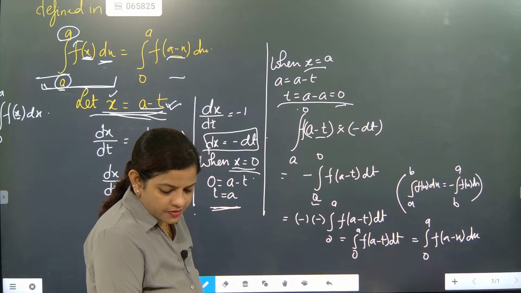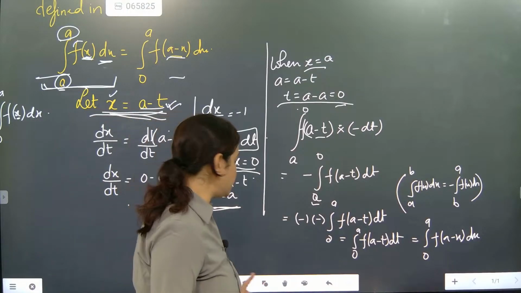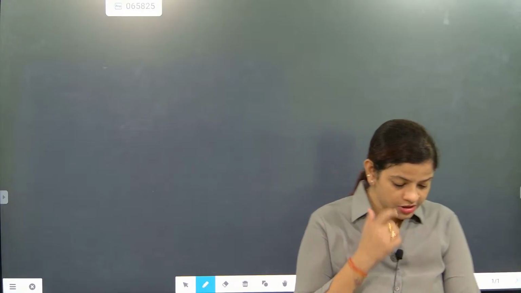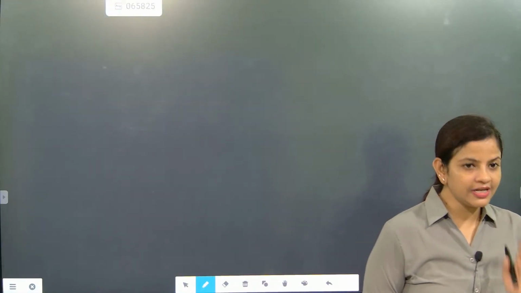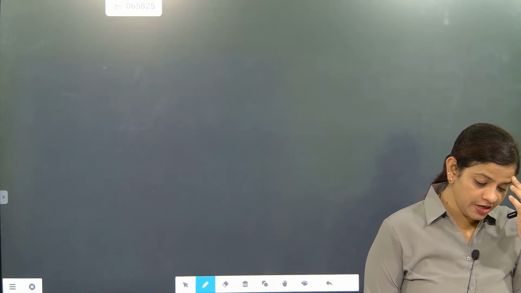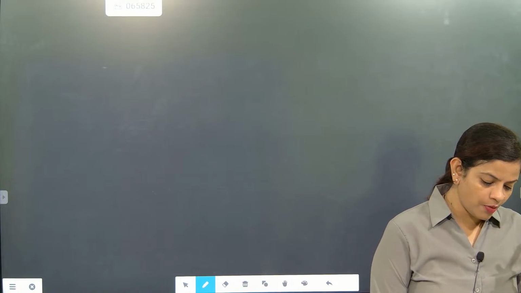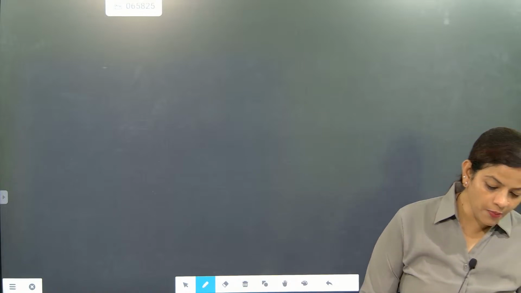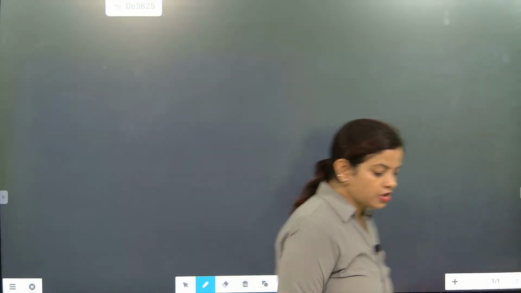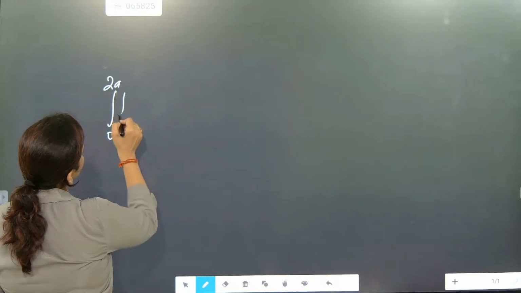I hope it is done. Come on, we'll go for the next question, please. Look here, we need to increase the speed a little bit. One pattern question, the log type question, we have discussed that day. We have finished property number 5, and property 6. This property I taught you now, this shortcut property, that is 0 to 2a. This property we only discussed, not solved.